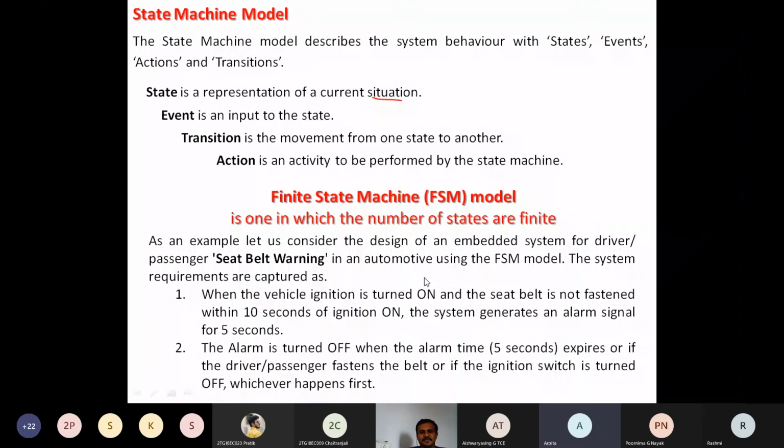Similarly, when doors are not closed, no, sir. No, I want only seat belt. Okay, sir. This is it, because the car is an embedded system. The car itself is a huge, large embedded system. So the example is going to talk about only the seat belt warning system. Once again, we have so many sensors. The sensor is the input device. What we are going to discuss is how to think, how to model that warning system.